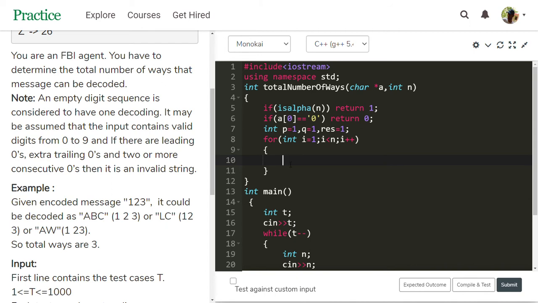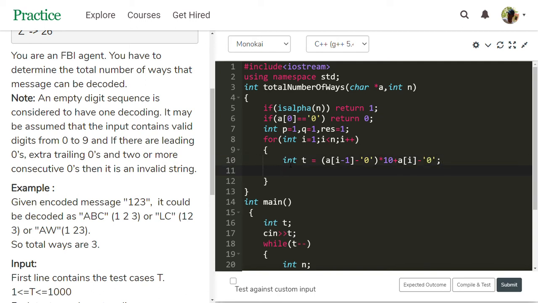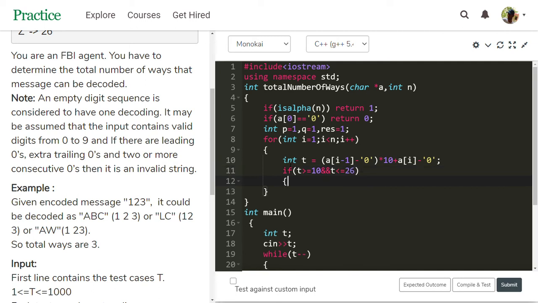To find that, using an additional variable t, take a of i minus 1, converting that to a digit and multiplying with 10, plus a of i, the current one. So t value is 12 now. Then check if t is greater than or equal to 10 and t is less than or equal to 26, then this block executes.